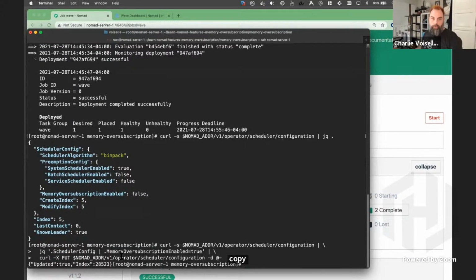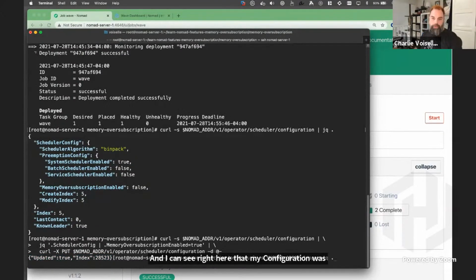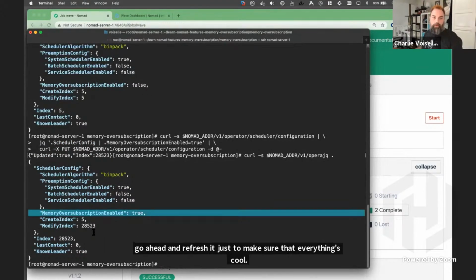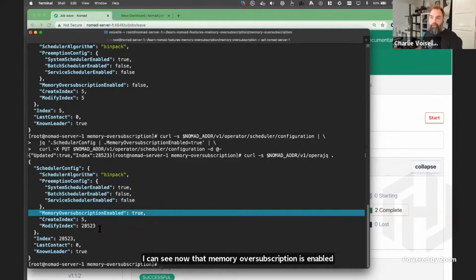All this does is it uses jq to do a get, mutate, and re-put, which is handy and a shortcut. And I can see right here that my configuration was updated. Let's go ahead and refetch it just to make sure that everything is cool. I can see now that memory oversubscription is enabled.